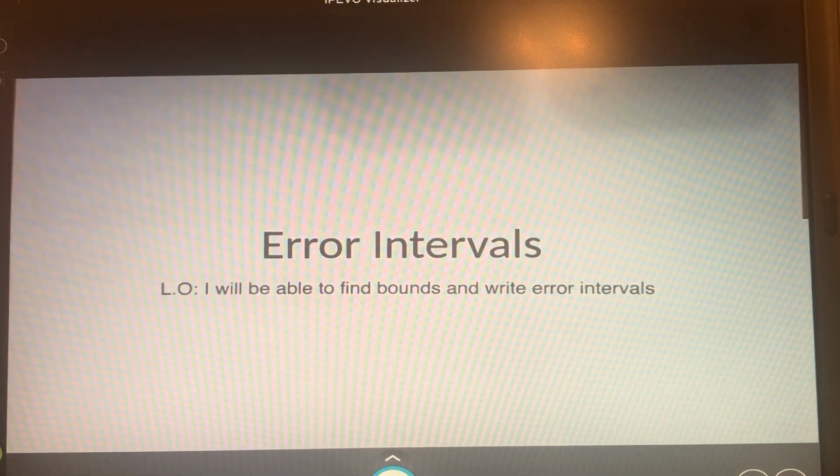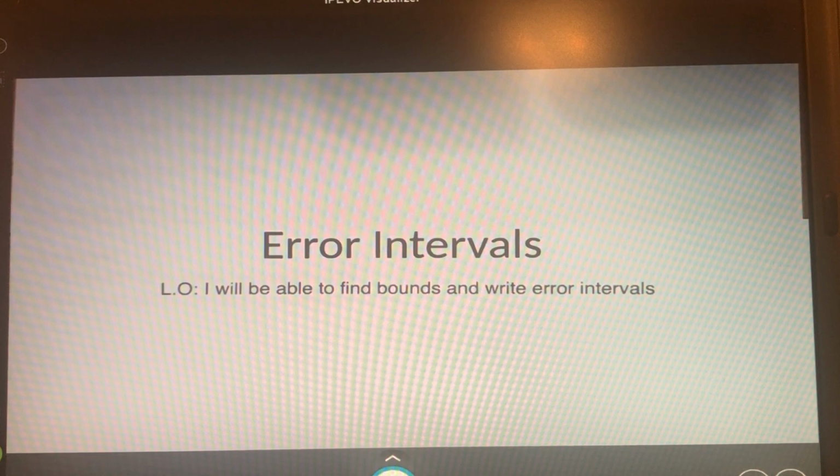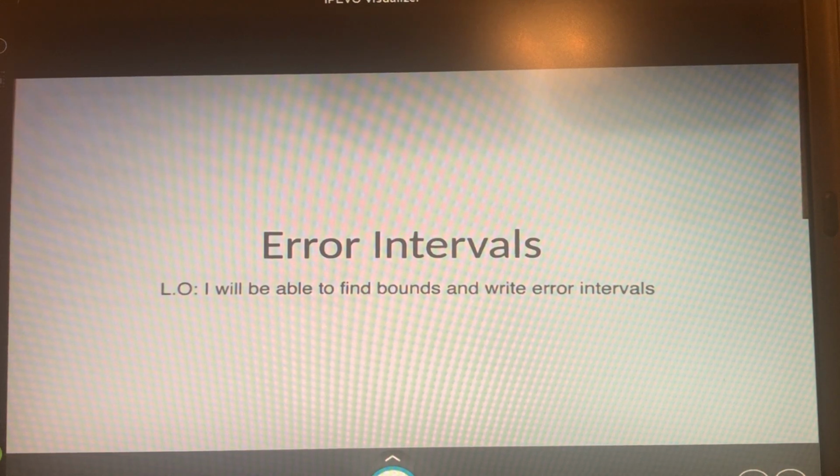Today's lesson is on error intervals. Your learning objective is I will be able to find bounds and write error intervals. So our key points for today are: